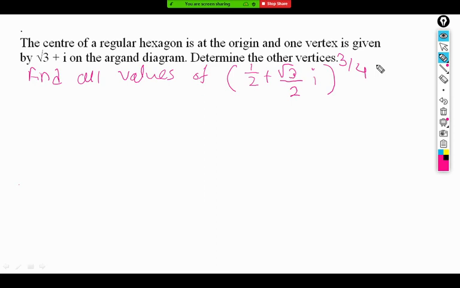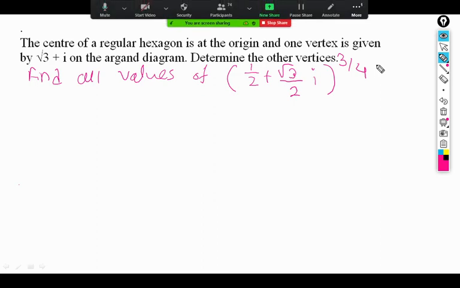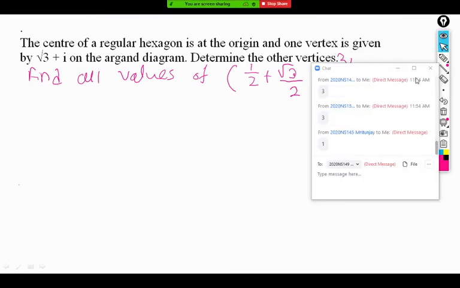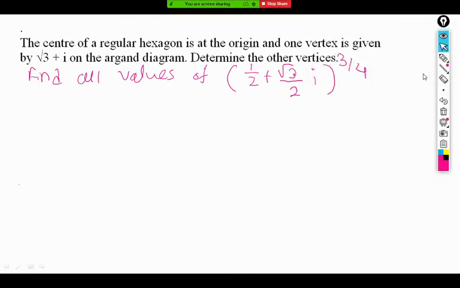7, not correct. How many values should we get for this expression? Obviously, the cube will give us a single answer, but how many roots are we calculating here? 3 is also not the correct answer. 1 is also not the answer. The power 3 by 4 is there, so we are taking a fourth root. First we are taking the cube of this bracket and then the power 1 by 4. So the power 1 by n decides the number of roots. So right now we get exactly 4 values, exactly all 4 values of this bracket.